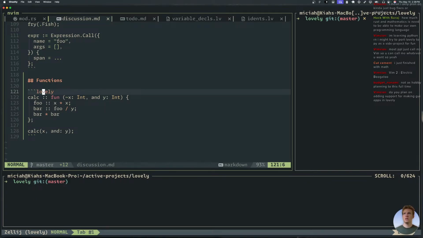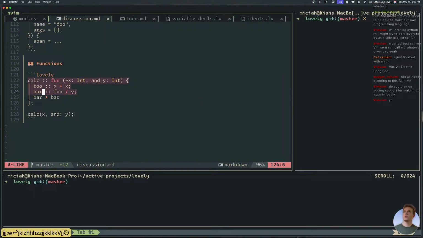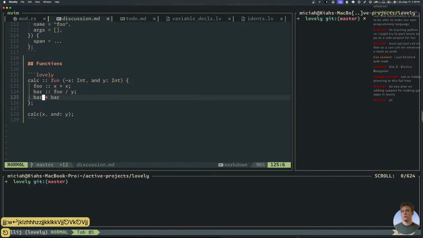Which is the one thing that's making me kind of want to do trailing closures, or trailing lambdas. But oh well, we'll see what happens. You know what's a little bit funny is that there's actually nothing syntactically right now preventing me from doing something like that. How do you guys feel about that?